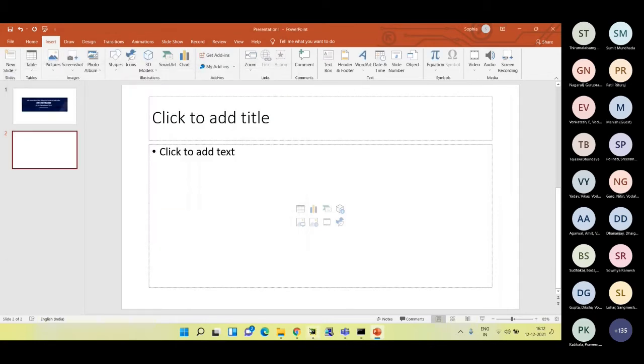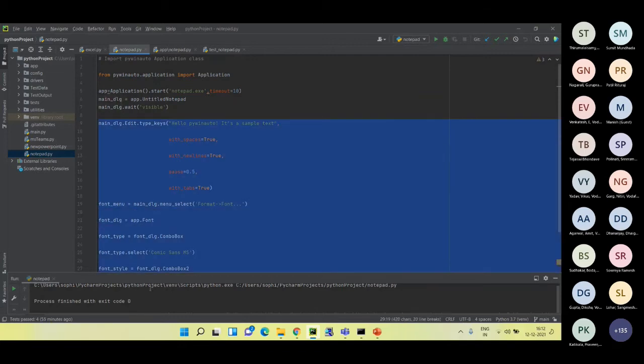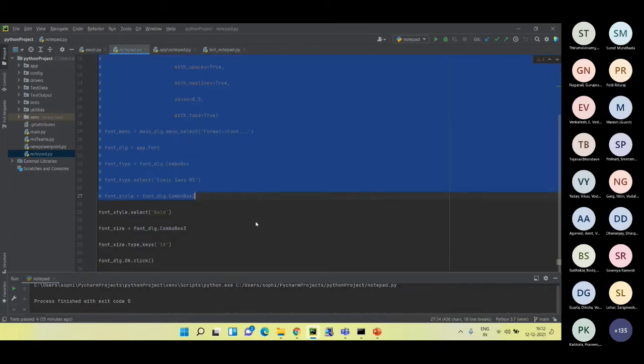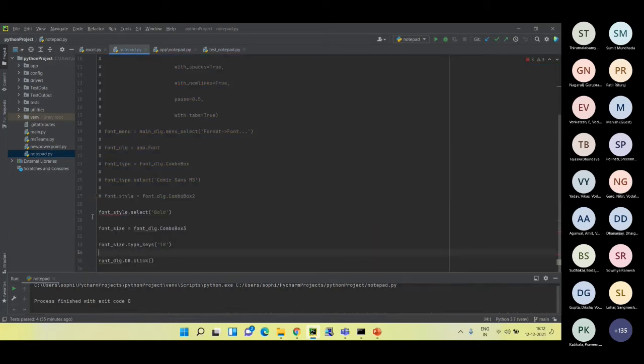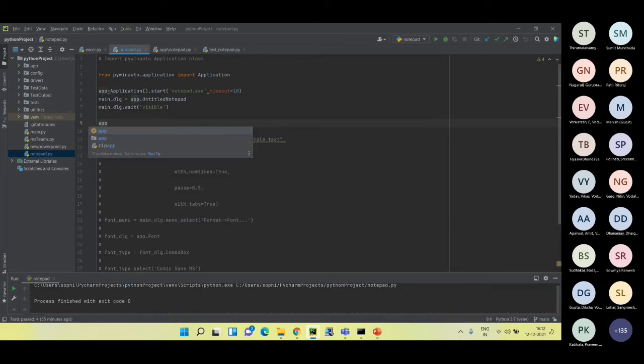Okay, so for example, let me just in the notepad itself show, I'm just commenting the rest of the things. So here in this notepad example, you knew that application notepad is open and it is visible. So there is something called as app dot